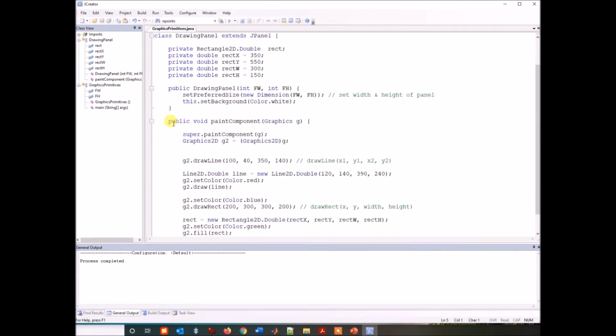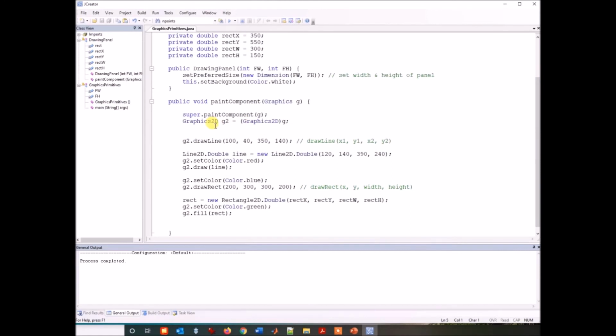Now we have the body of the method paintComponent. I told you that we do not have to call the method paintComponent explicitly; it is going to be called automatically. So whatever we are drawing, we have to write the code for that drawing part inside the method paintComponent, and we cannot change the signature of this method. We are implementing or overriding this method. This method takes a parameter of the type Graphics, which is an abstract class, and then inside this paintComponent method we call the paintComponent method of the superclass, and we are passing this g object.